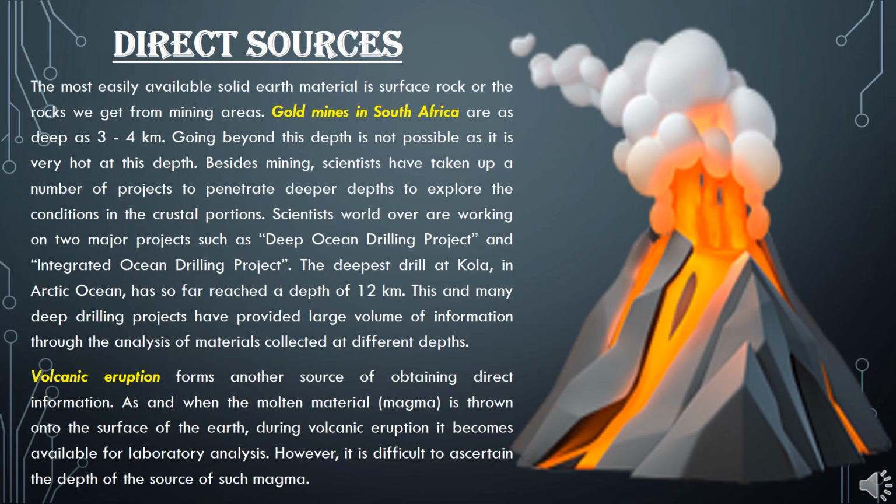Let's see in detail about direct sources. The most easily available solid earth material is surface rock, or the rocks we get from mining areas. Gold mines in South Africa are as deep as 3 to 4 km. Going beyond this depth is not possible as it is very hot at this depth. Besides mining, scientists have taken up a number of projects to penetrate deeper depths to explore the conditions in the